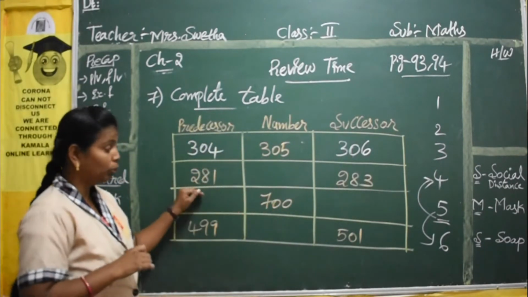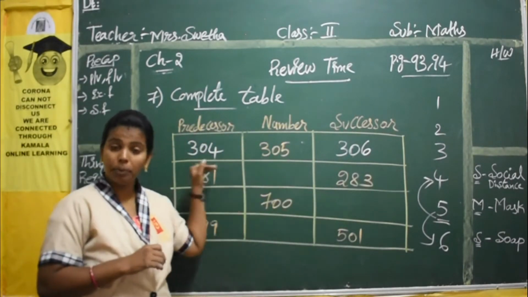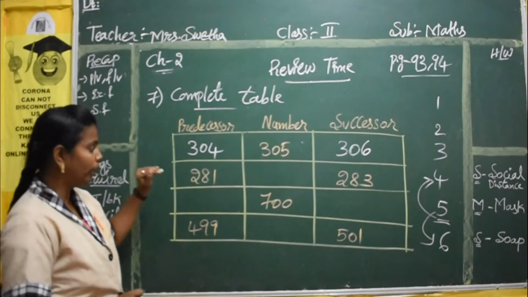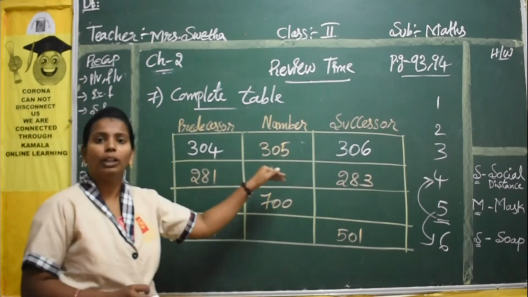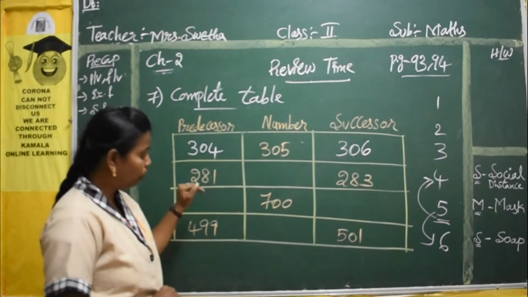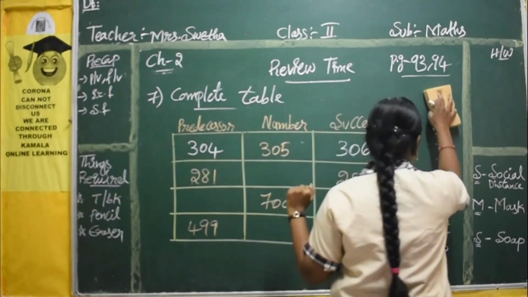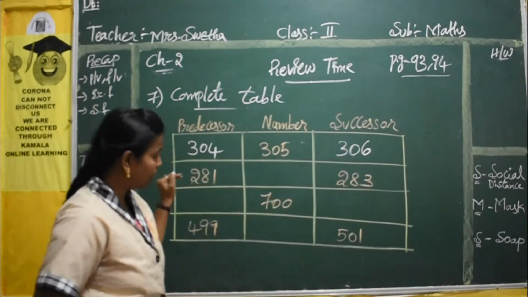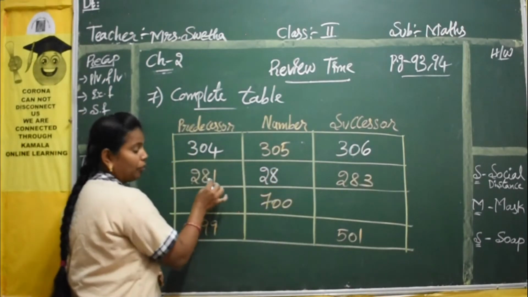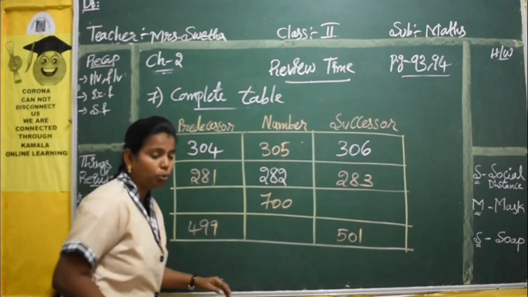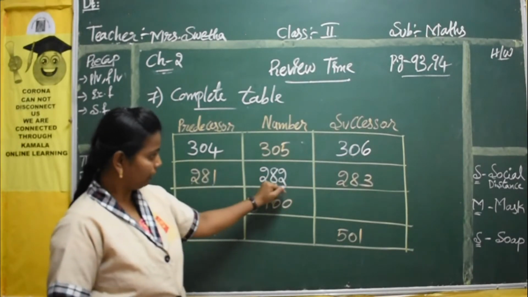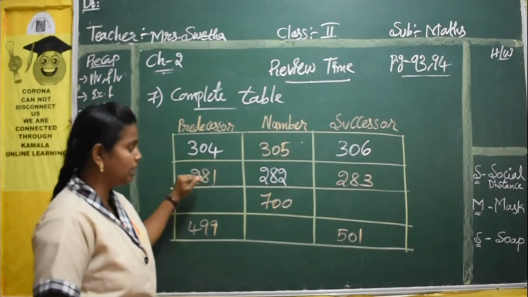Now we will move to the next one. Here they have given two numbers, the predecessor and the successor. You have to write the between number. You can take any number's help to fill this between number. They are saying 281. Here we take the help of the first number so that we can write the next one. The first two numbers you take the same, 28. After 1, what is the number? After 1 you have number 2. It is very easy. Everybody knows after 1 you have number 2. So 281, 282, 283. This is your second one.